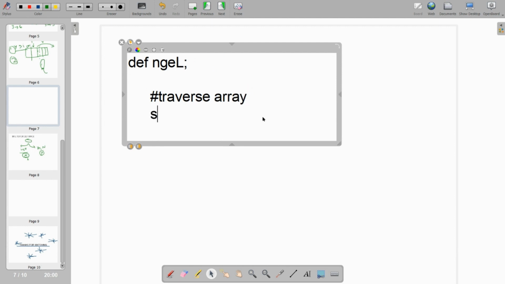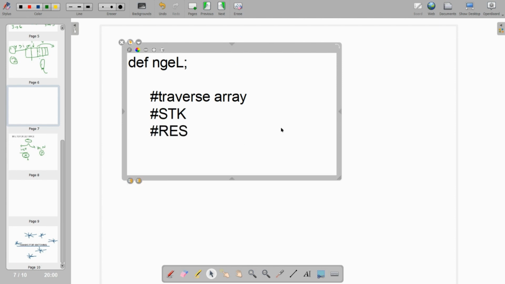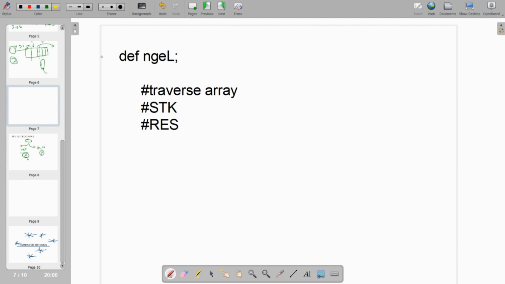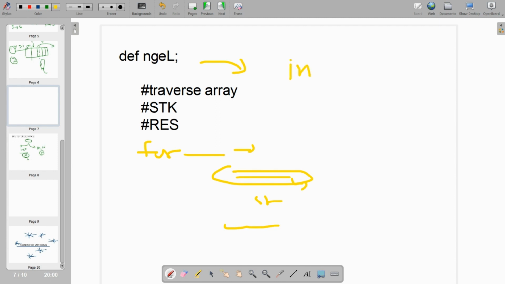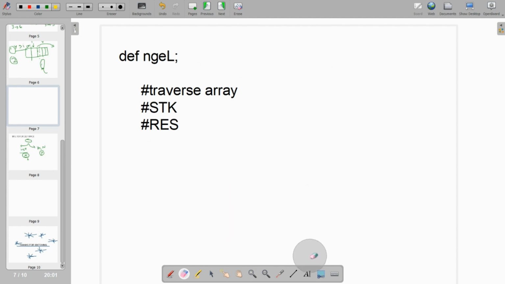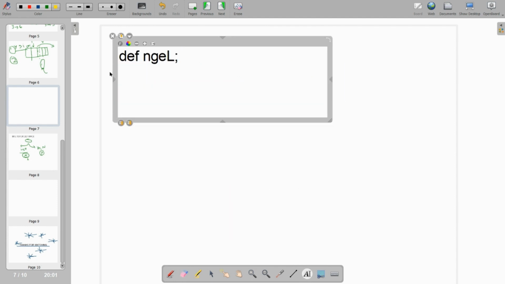Then take one stack and one result array, and then the loop with a while condition: if the stack is not empty, then pop from the stack, then append. In this case, please remember not to store values in the stack, store indexes in the stack, because we have to return x and y as indexes. So take indexes in the stack. If I write the complete code for the left side, then you can try.